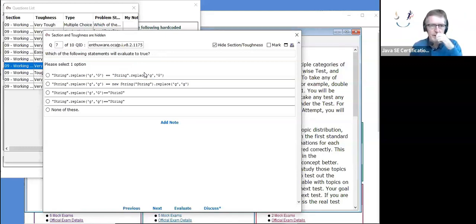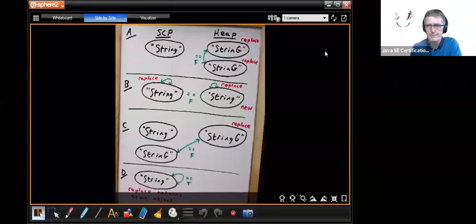Okay. Now, we're replacing lowercase g with a capital G there. And we're doing the same on the right-hand side here with the same string literal. Okay? The thing you have to remember with replace is that you end up with new objects. When there is a replace, it ends up creating a new object. So that first one,